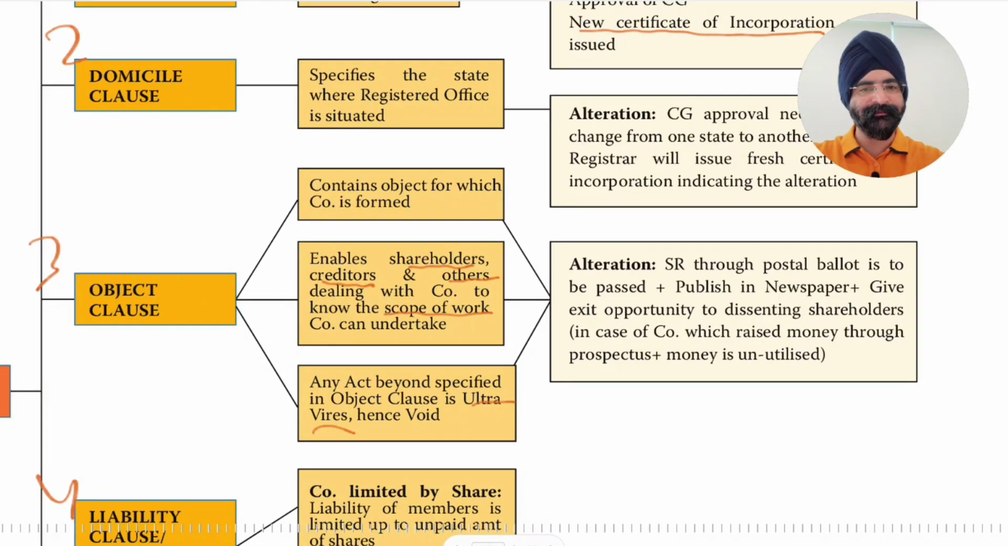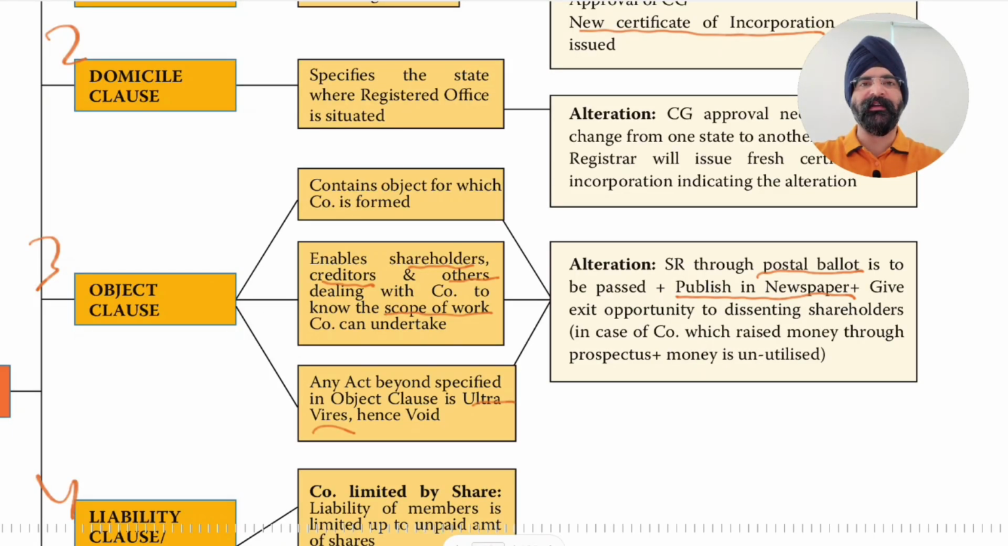So what is happening is, for altering the objects clause, meaning the main purpose for which company is incorporated, the main purpose looking at which people invested their money in the company, creditors gave advances and loans, and people subscribed to the shares. If that object is getting altered, then members will pass a special resolution through postal ballot. Why postal ballot? Because participation of members will increase. Plus publish in newspaper. A public announcement is also done, meaning it is made public,